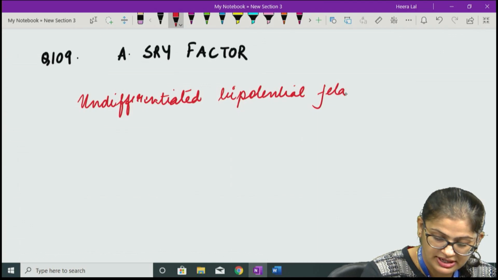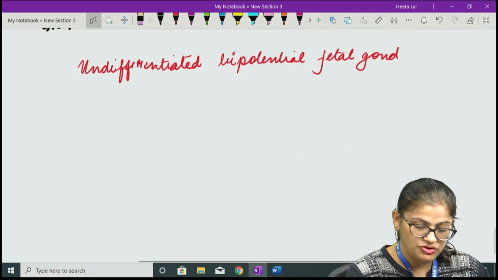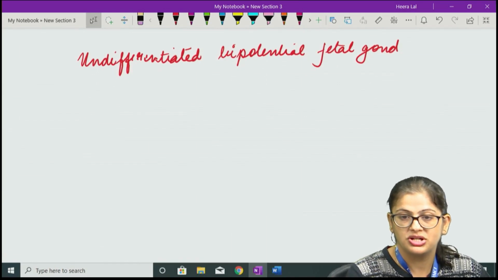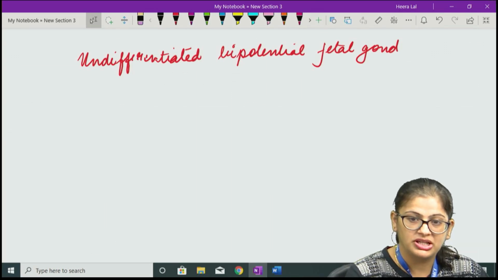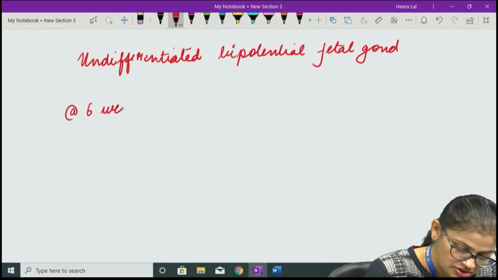The fetal gonad is undifferentiated and bipotential, which arises from the thickening of the urogenital ridge, which is close to the area which develops around the kidney and the adrenal cortex. So at around 6 weeks of gestation,